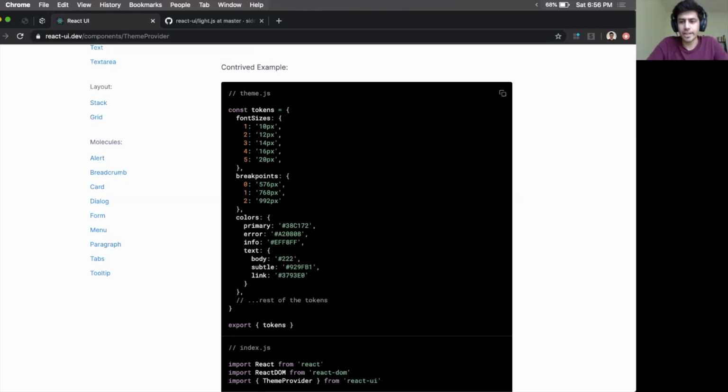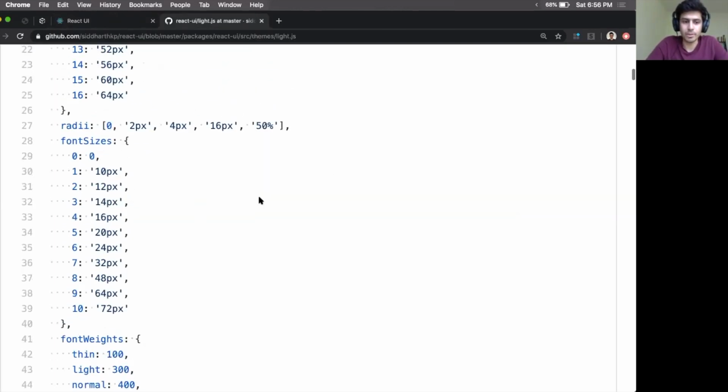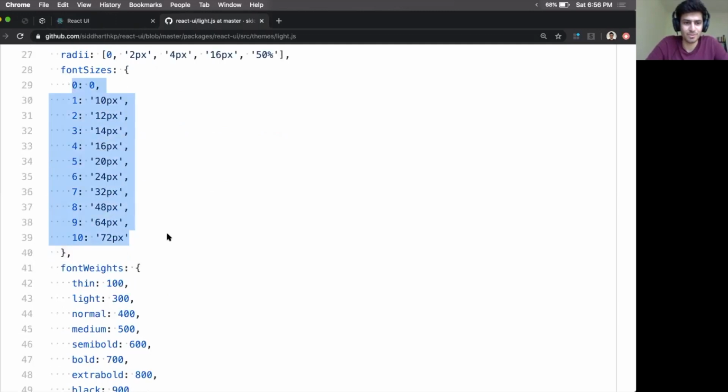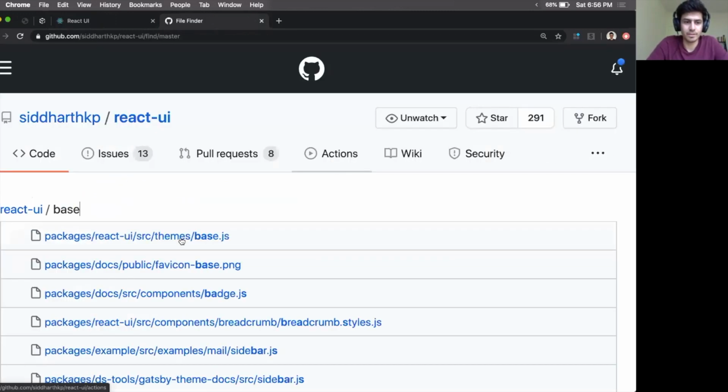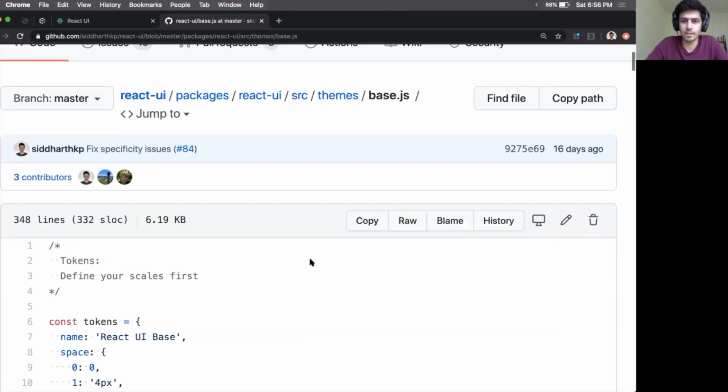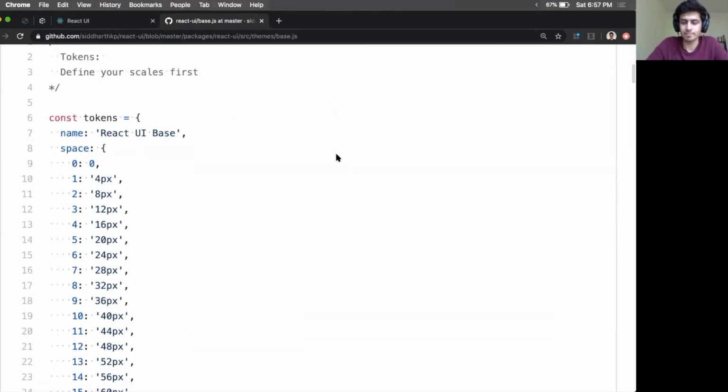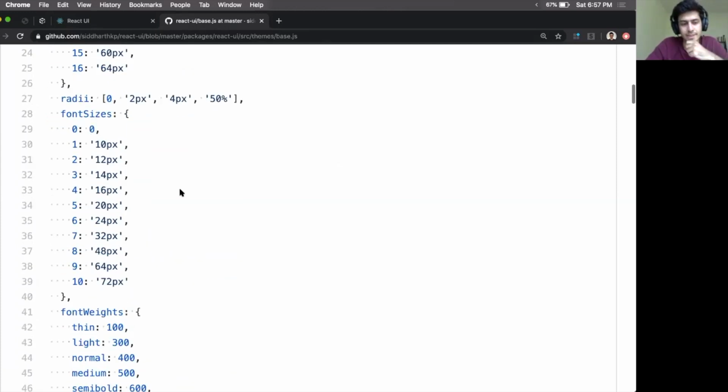Kind of. So, from a specification point of view, the light theme I think ships with like 10 of them, and if you're creating your own application, then there's also a base theme, which doesn't have a lot of opinions. It just has some basic sizes. So that also ships with these 10 sizes, which are customizable. Because React UI essentially is config and tokens based, you are free to define your own tokens. So, for example, if your application only uses 3 sizes in total, you don't have to define all 10 of them. You can basically, in this object, just have 3 values.